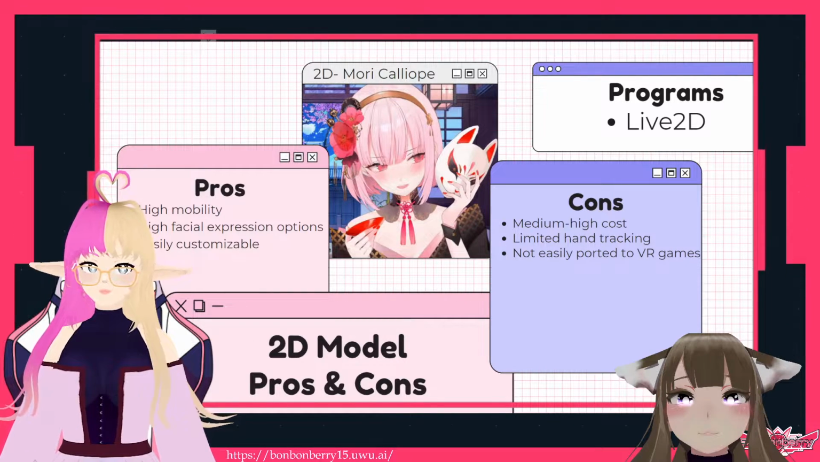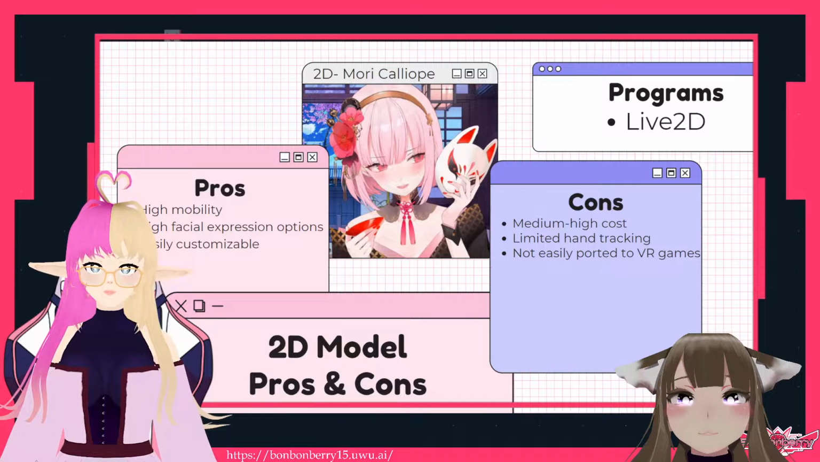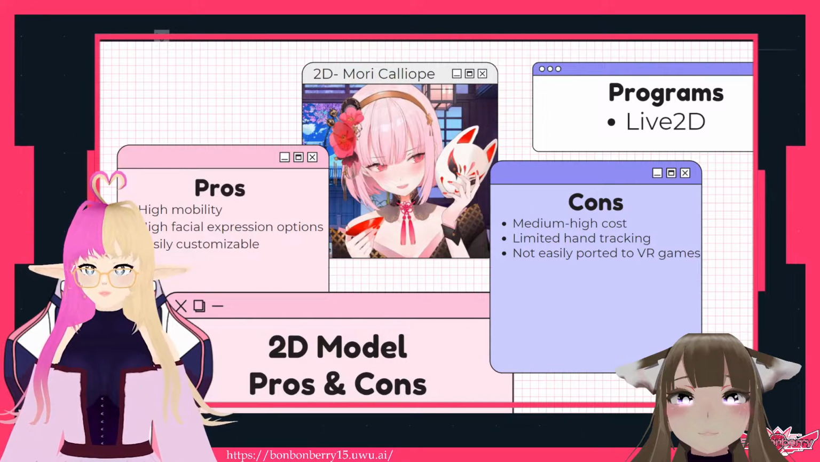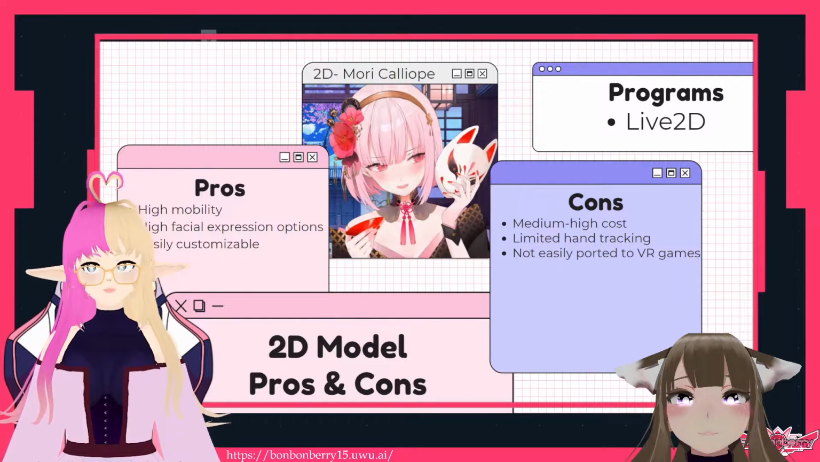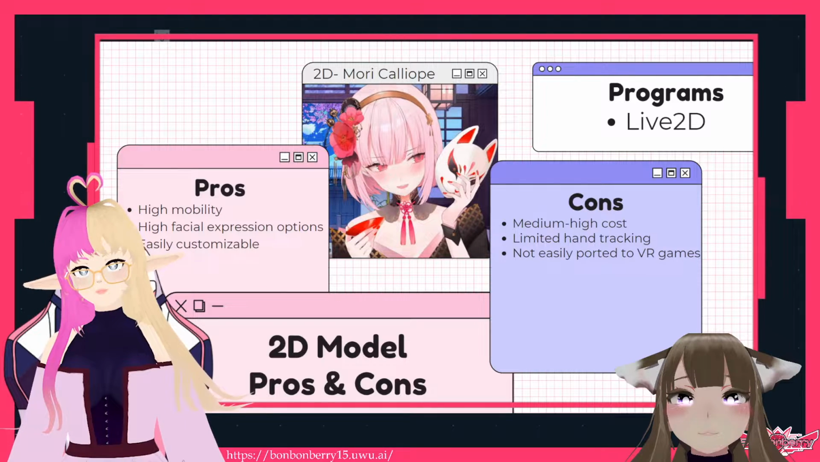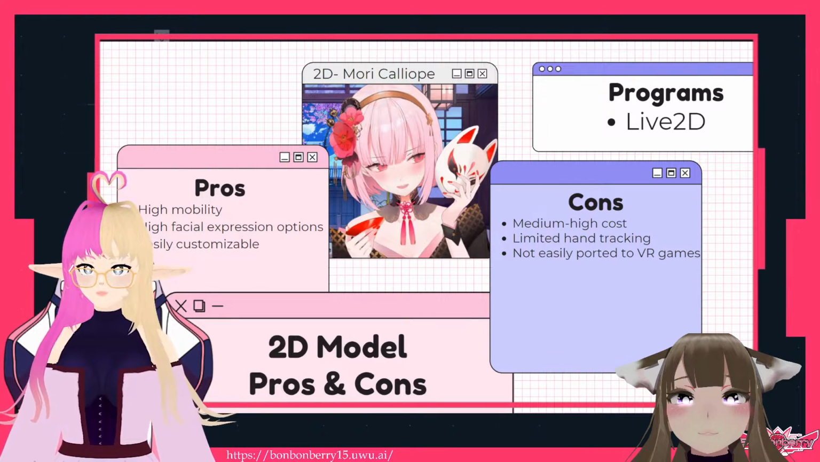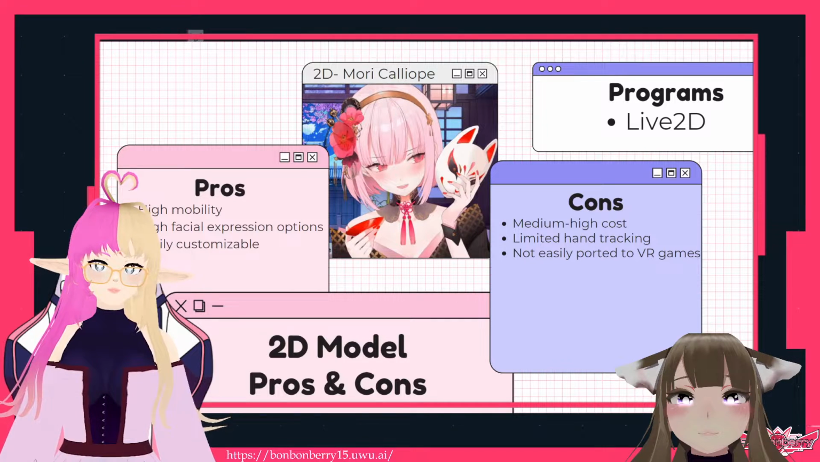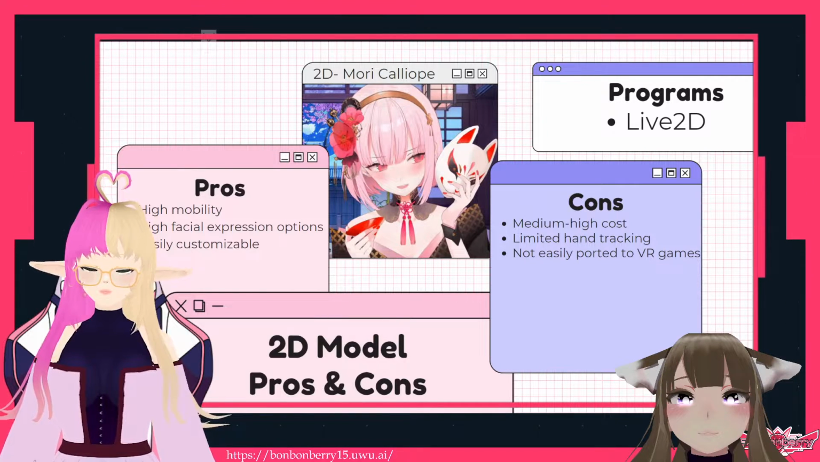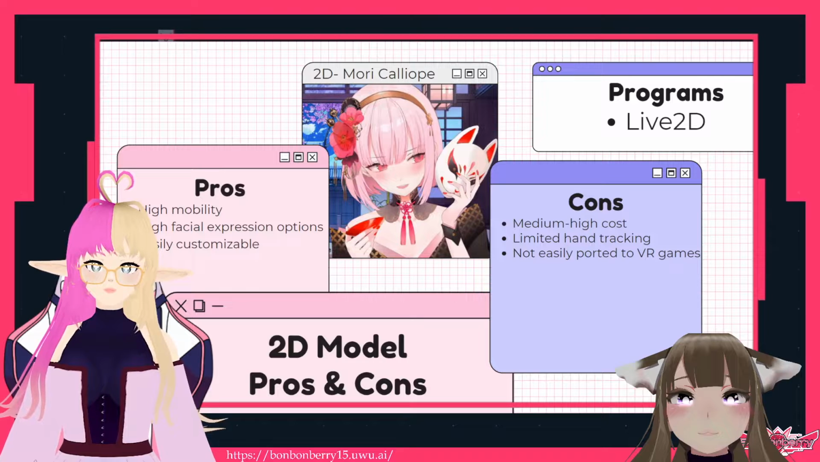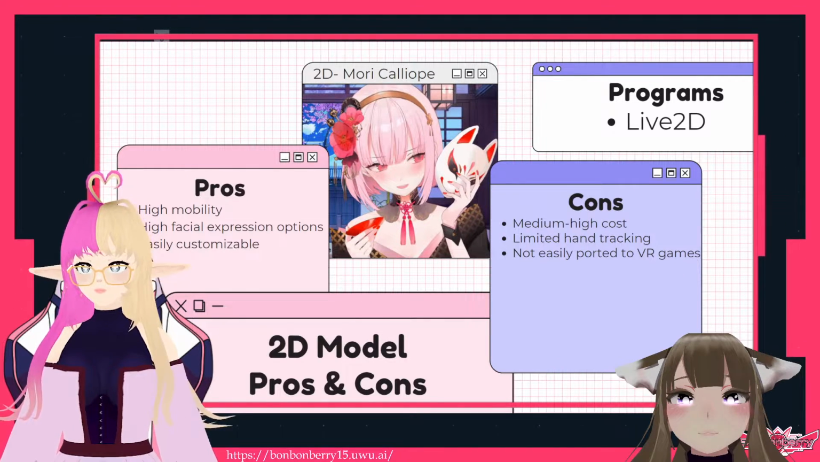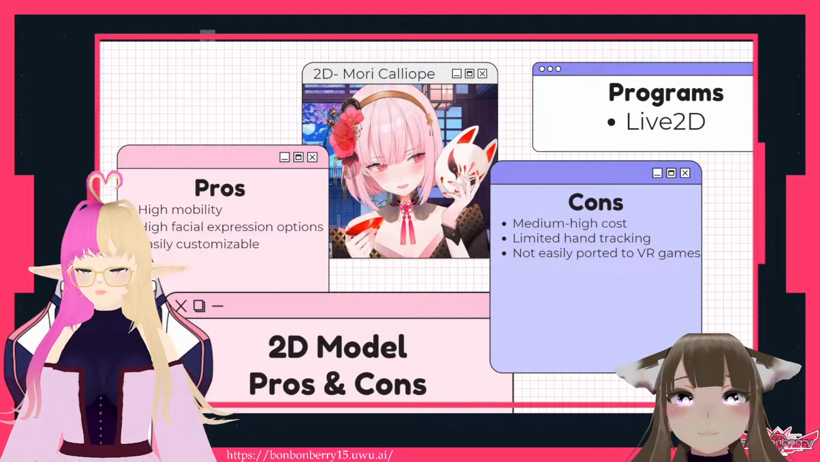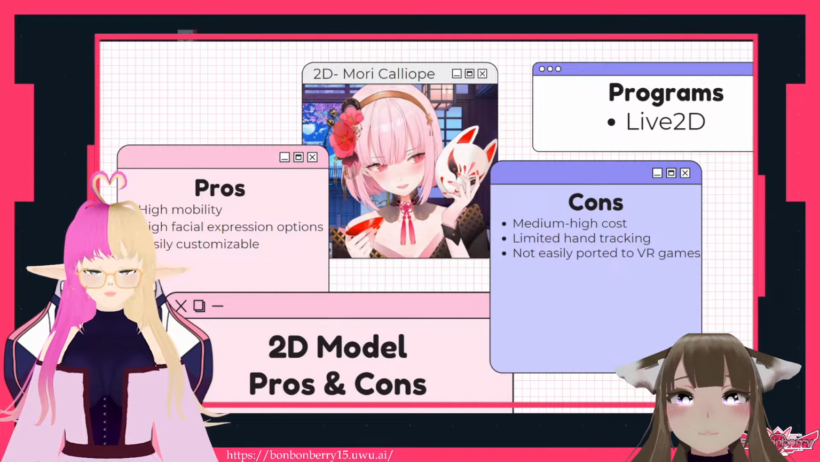On to 2D models. 2D models being one of the most highly sought after models on the market. One of the programs that you use for rigging 2D models is Live2D. The pros of a 2D model consist of high mobility, high facial expression options, and being very easily customizable. The cons consisting of,